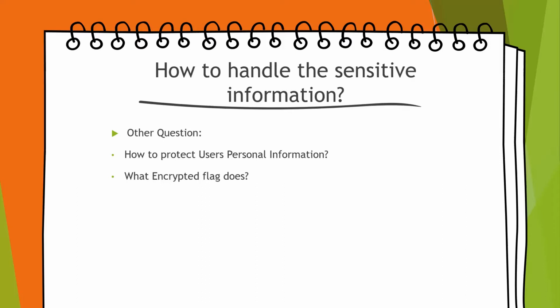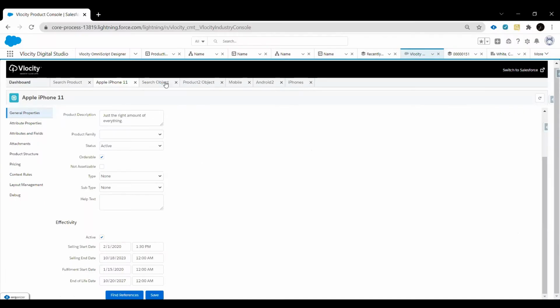In most cases we use the encrypted flag when we store user-related information, for example username, phone number, email address, billing information like the shipping address where the product is going, the Aadhaar number, or anything very specific to the user. We basically encrypt that. Let's see how we can do that in Velocity.